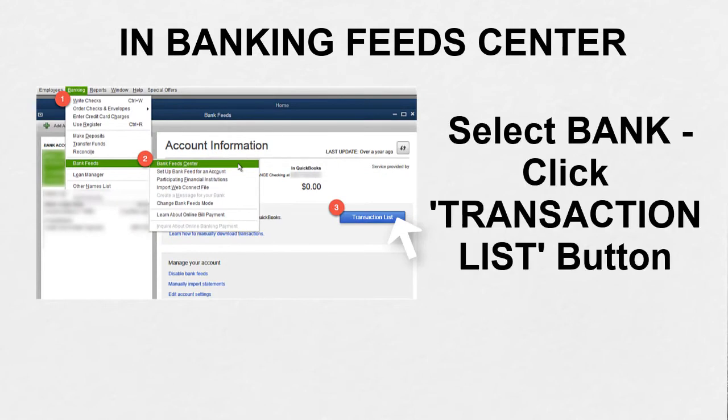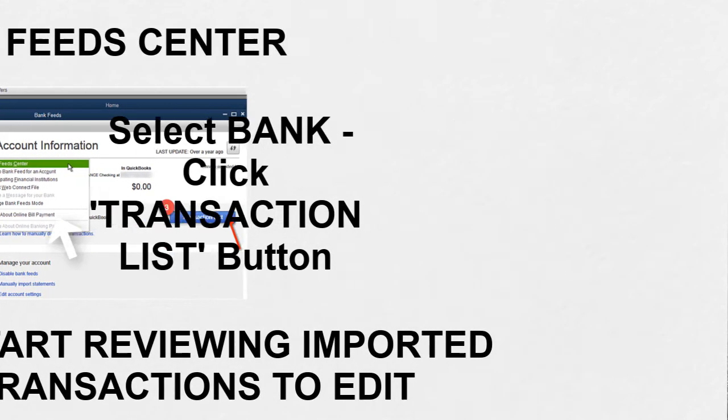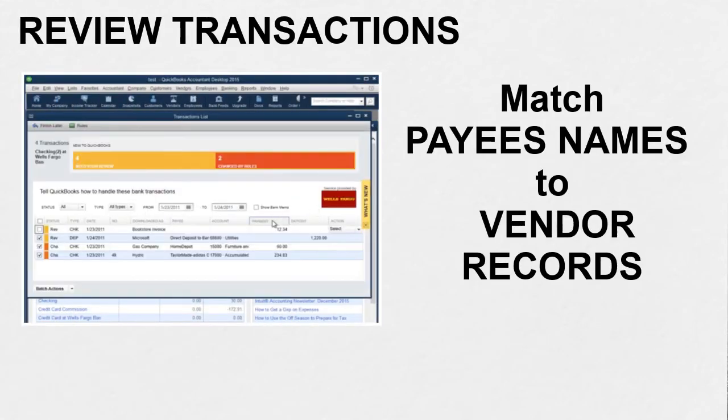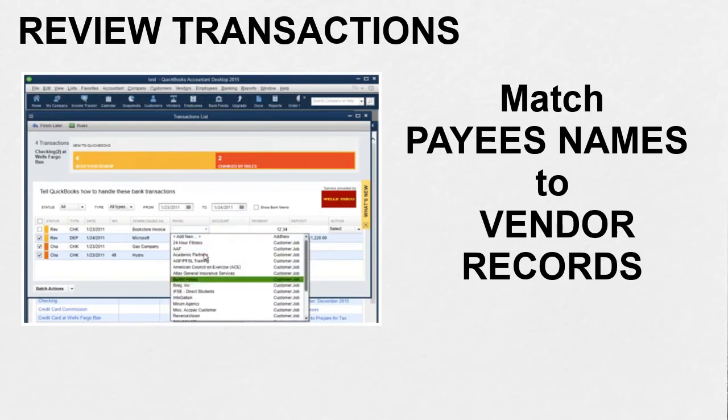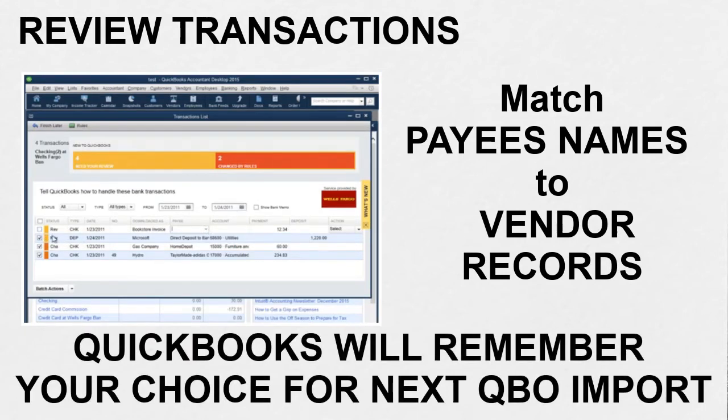This data is under Bank Feeds. Imported statements show up here, and you review transactions. You have to select the payee from your QuickBooks vendor records. When you choose a vendor record for the payee from the QBO file, QuickBooks will remember your choice for the next